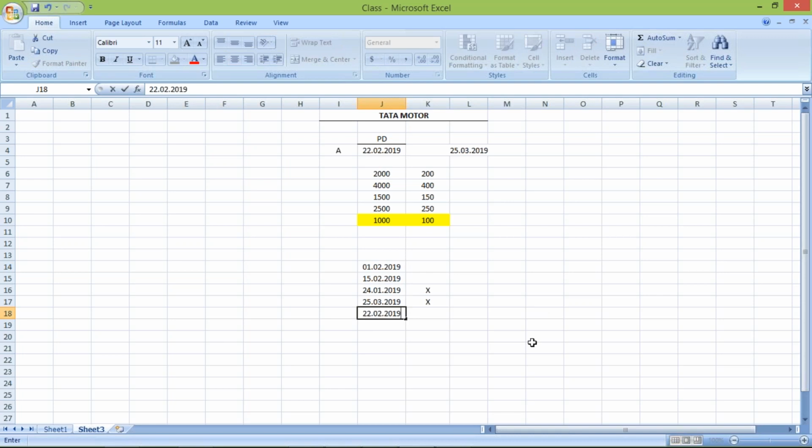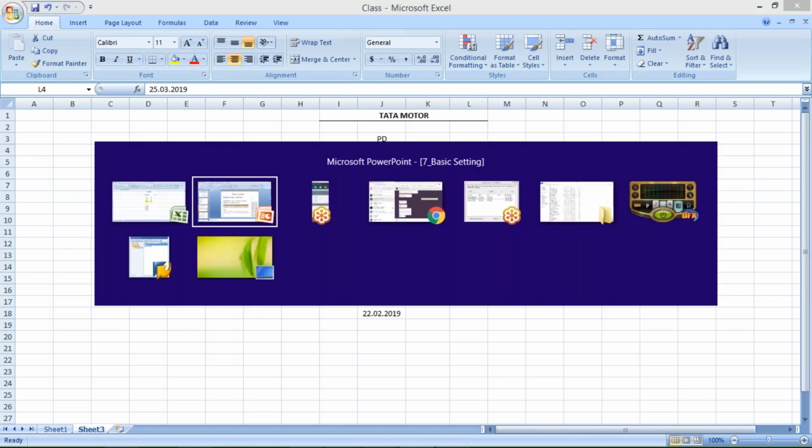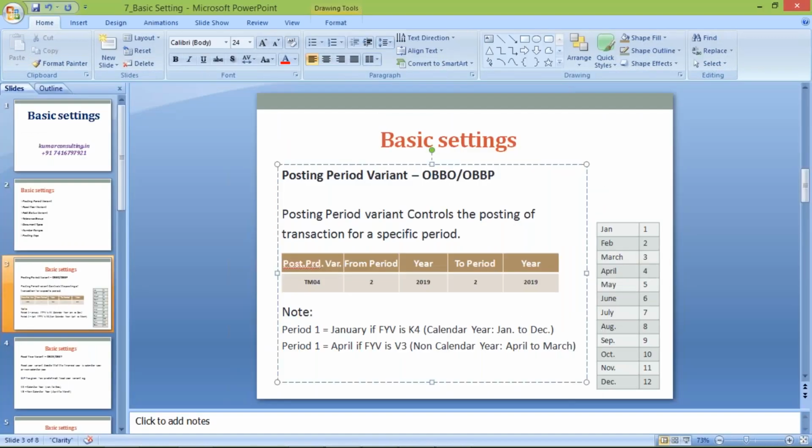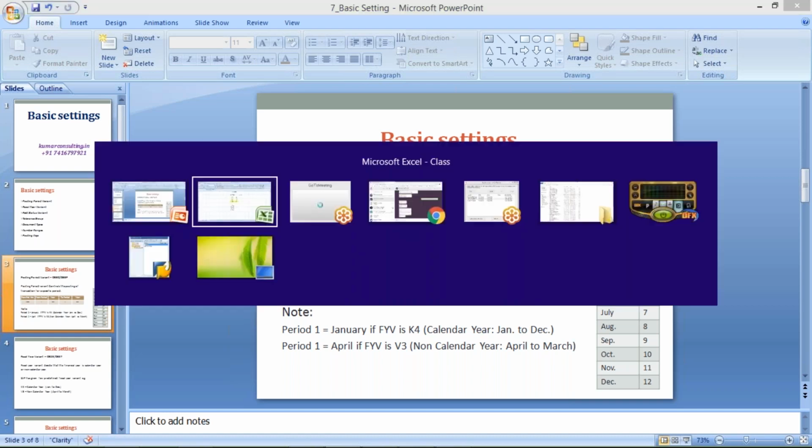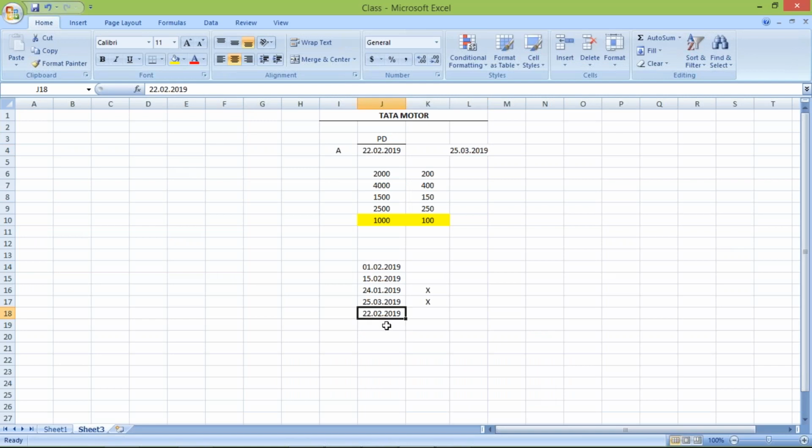2019. But since we are in March month, what is happening, guys? Management is going to change the period, and here the period will be March month is open, from period 3 to period 3. It means March month is open. Okay. So once the March month is open, then what will happen? This guy is going to give the posting date